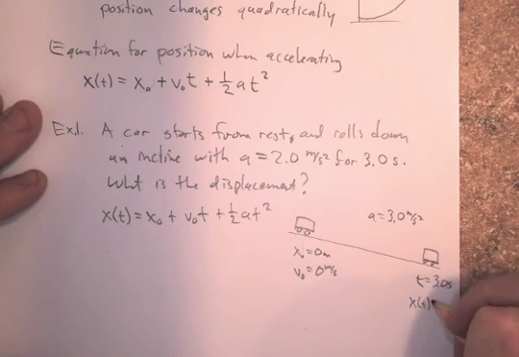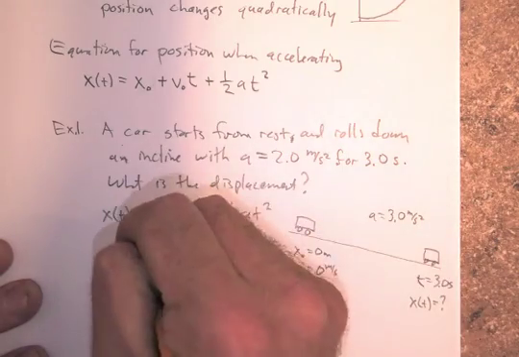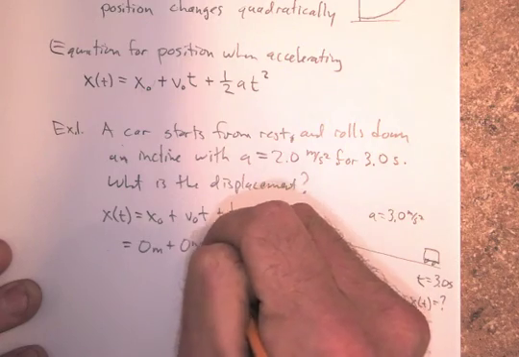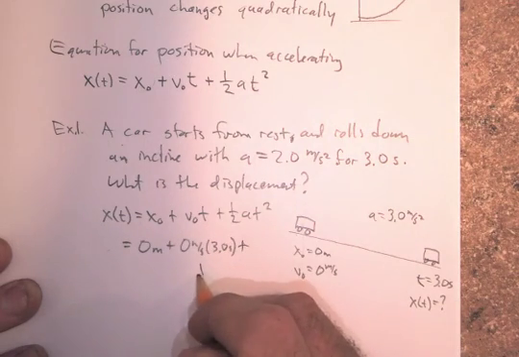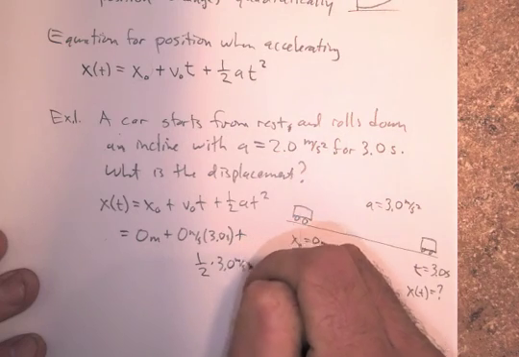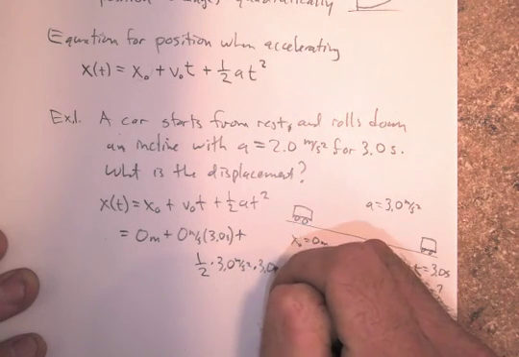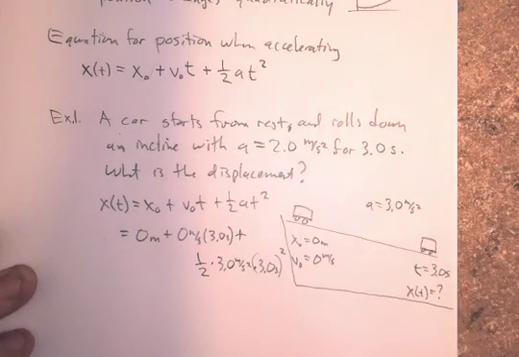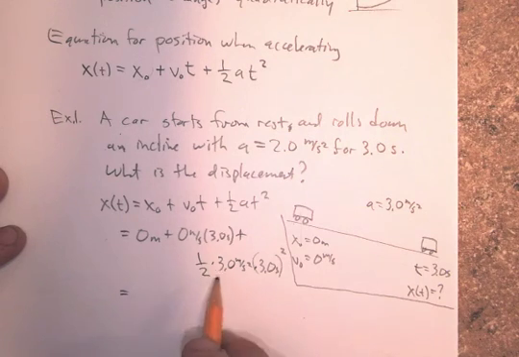What is x of t? That's the position down here. Okay, so 0 plus 0. Okay, that's kind of silly. But if you want to plug it in, it would be that, right? This is the part that's going to have an effect, right? 1/2 times 3.0 meters per second squared times t is 3 seconds squared. Okay, squeeze that all in there. All right, so it's basically 0 plus 0. That's gone. We just got to look here. It's 1/2